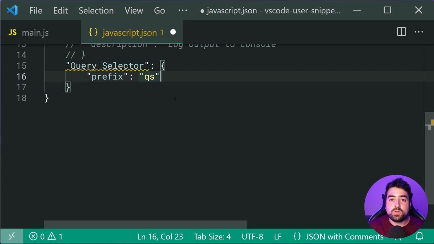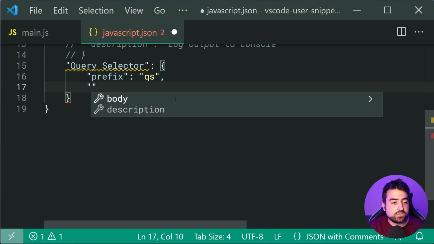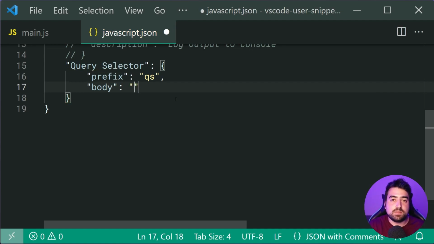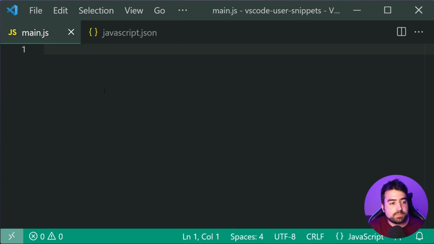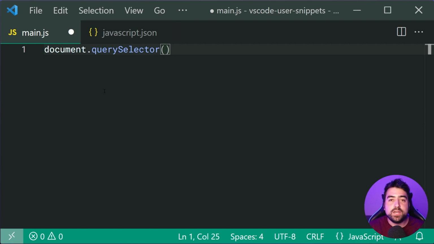Okay, so in order to define which code is going to display, we can drop down and then just say body. So this is the body of your snippet, aka the actual code. So now we can type out something like document.querySelector and leave these brackets empty. I can save this and go back inside the main.js file, and now if I type out QS and press enter, we get right there